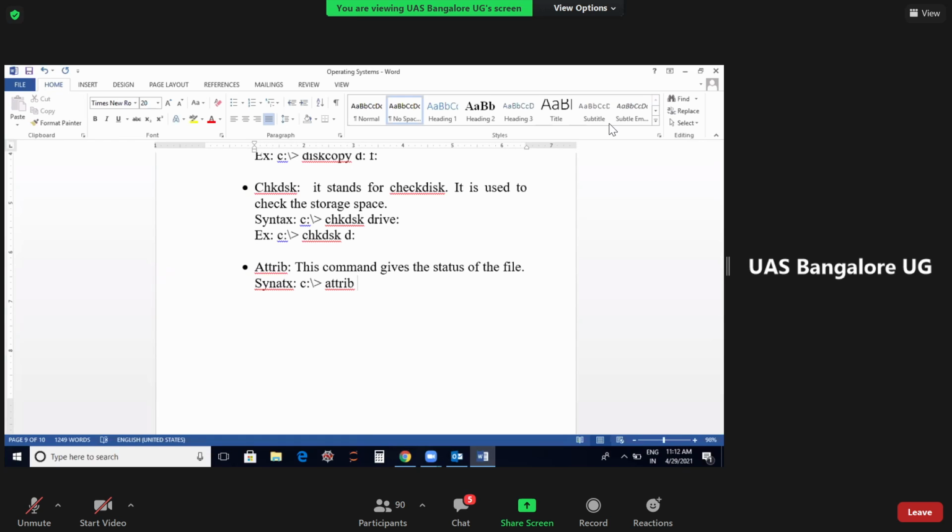Next is the syntax of the attrib command. What I can do is show you exactly by inserting the pen drive and running the command. Here you are going to give the path and the drive. So attrib, you have so many options here.